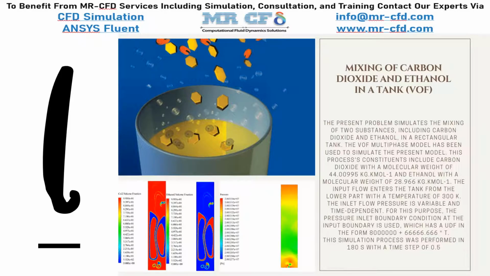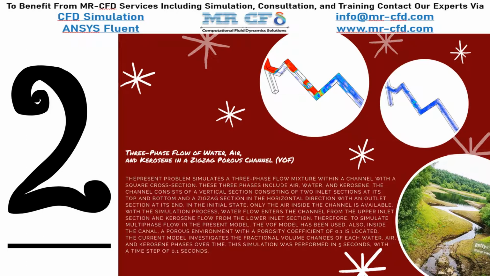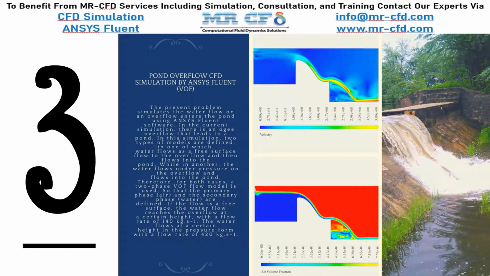The first problem of the CFD training package simulates the mixing of carbon dioxide and ethanol in a tank applying the VOF multiphase model. The second project simulates a 3-phase flow of water, air, and kerosene in a zigzag porous channel applying the VOF model. The third problem simulates the water flow on an overflow entering the pond using ANSYS Fluent software